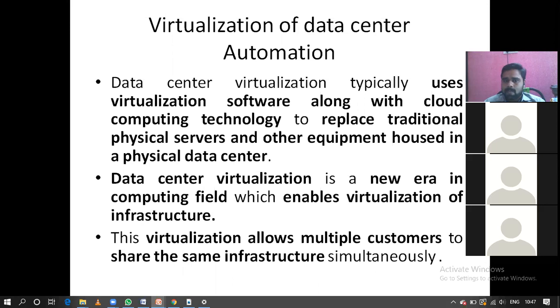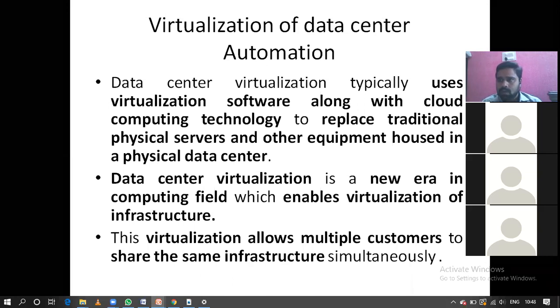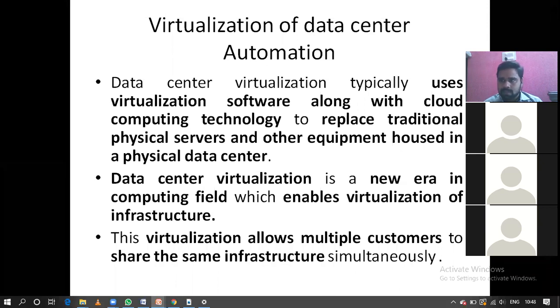Okay guys, with the help of this virtualization of data center automation, we utilize the infrastructure by multiple users, not only by you. I am using the cloud service from the cloud provider myself, and lots of people are accessing these services from the cloud provider. It is accessed by different cloud users.